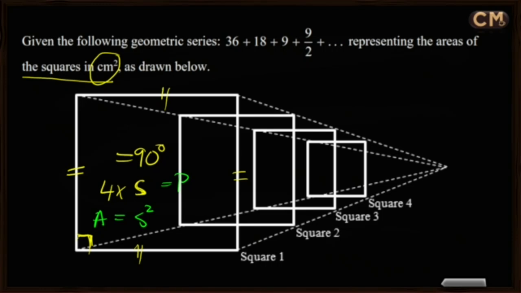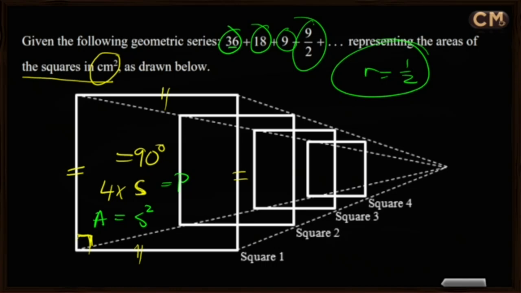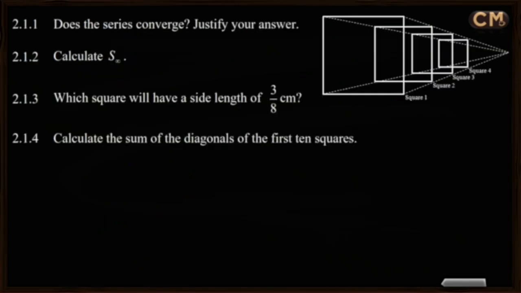So these are the areas, which means that is 6 squared, that's been divided by 2, that's been divided by 2, and of course that's been divided by 2. We can see that r is equal to a half over there, but maybe I'm getting ahead of myself. Let's move on. Does the series converge? Justify your answer. And I know what I said. I'm aware of it. I stand by it. Well,